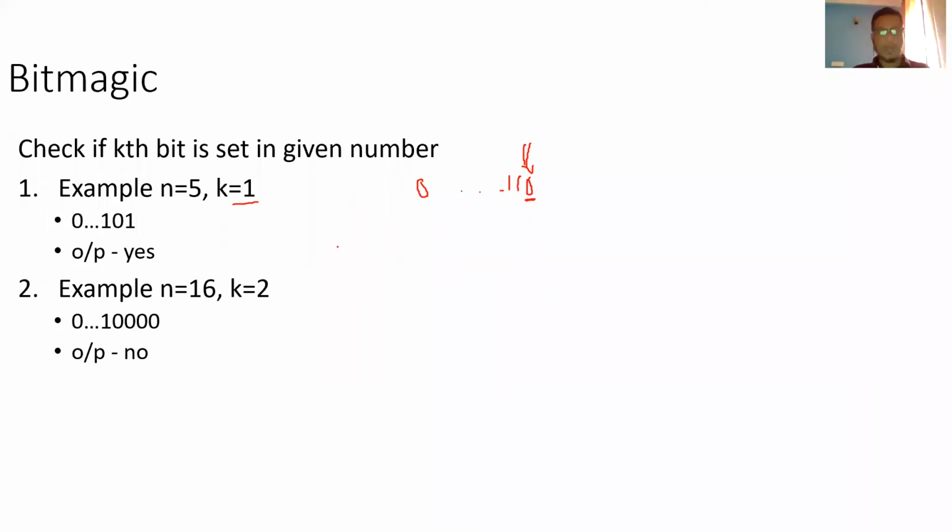How will you check it? For example, let's say 5 in this case. Now I want to check k equal to 1, so you need to check whether this bit is 1 or 0. They will give a number n, and they may ask you to check whether this bit is set or not. This kind of standard question will be asked in the interview. It is pretty simple. Any guesses how you can do that?